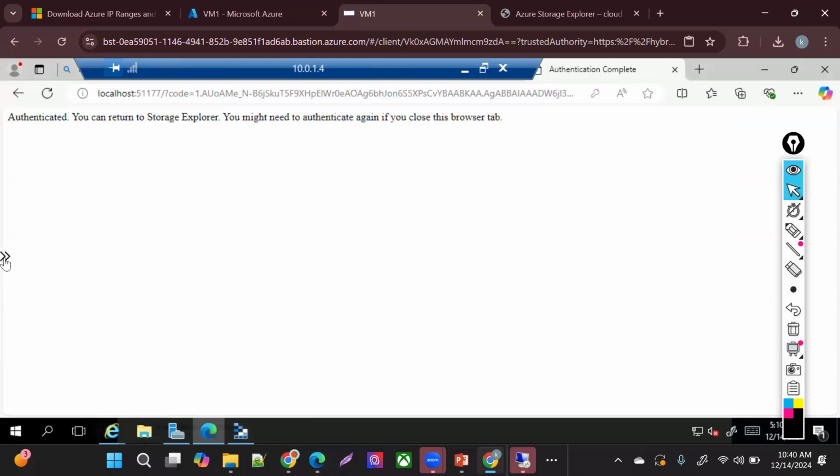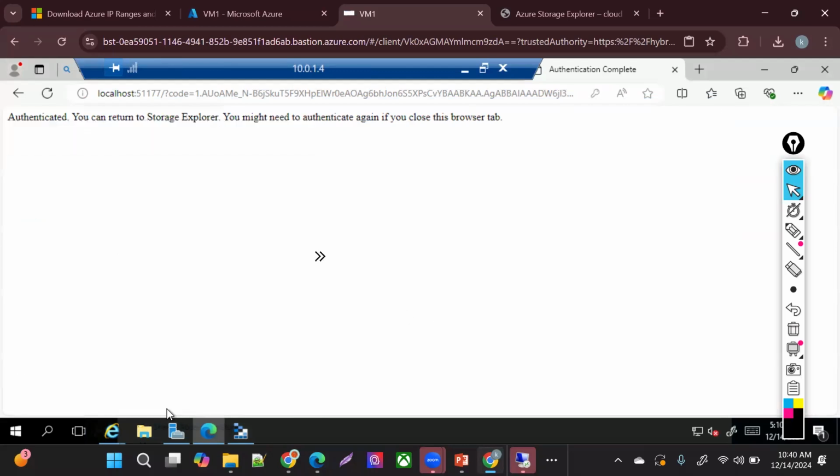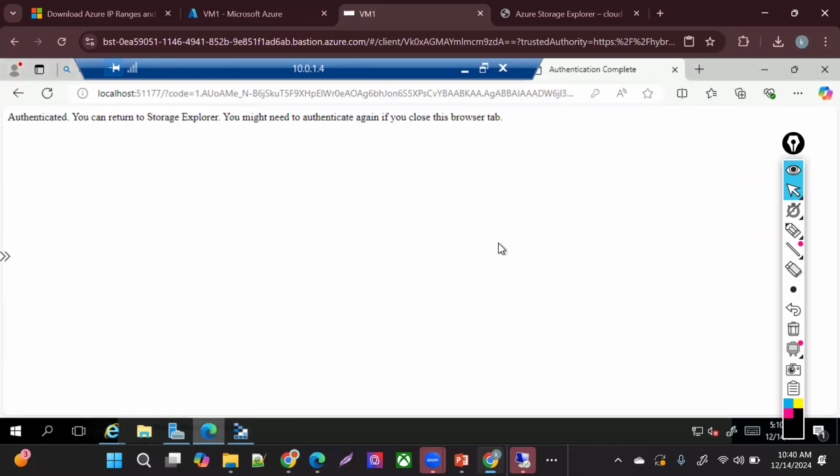Like if you need to put any file, copy and paste, you cannot do it there. But you can put text and copy it there. Like let's say I'm putting anything here. So from that suite, I need to copy it here. From here only I will be able to copy. That's it. That's a very limited thing you can do there.